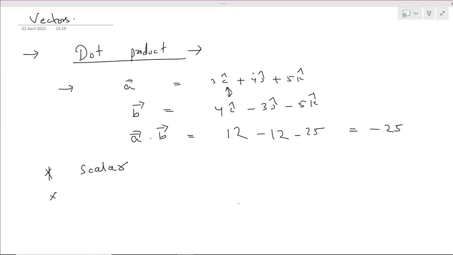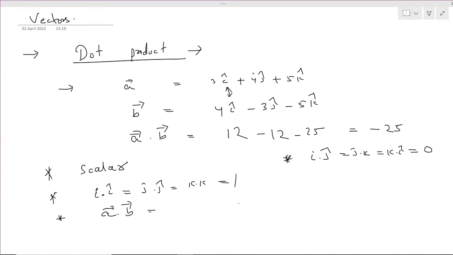All right. i dot i equals j dot j equals k dot k equals 1. i dot j equals j dot k equals k dot i equals 0. All right. And